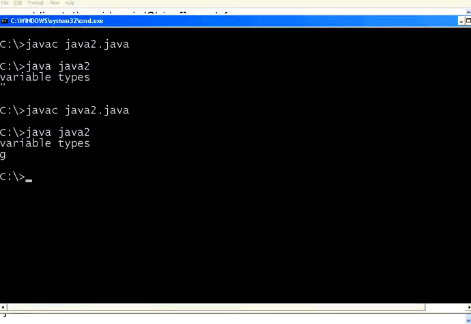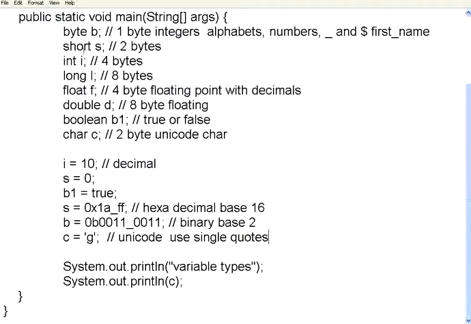So what we have seen now are the primitive data types from byte to char, how to assign them, how to print those things, and hexadecimal and binaries. And we have also used this underscore. Do not use the underscore at the beginning of the value. Same way, do not put an underscore at the end of it.